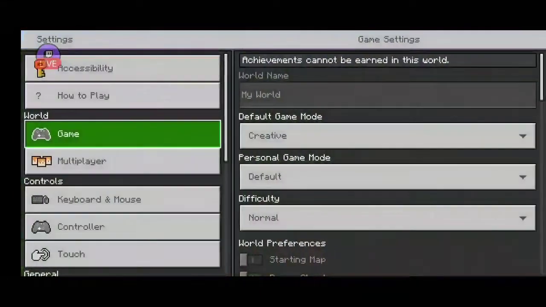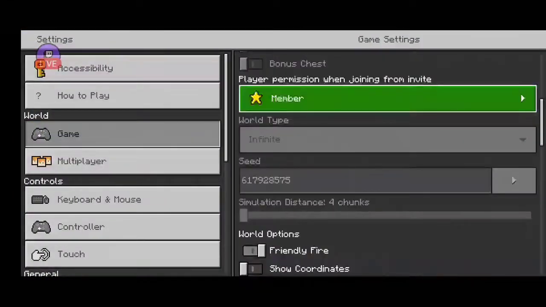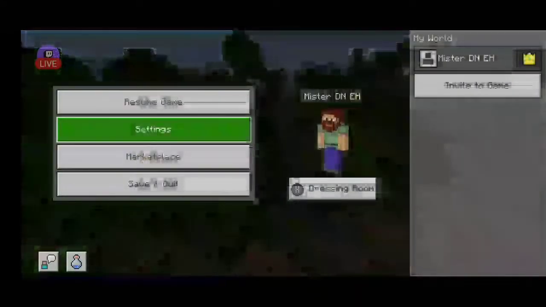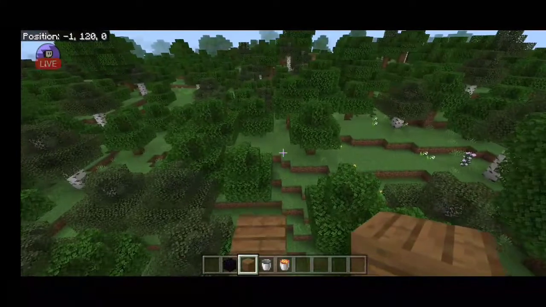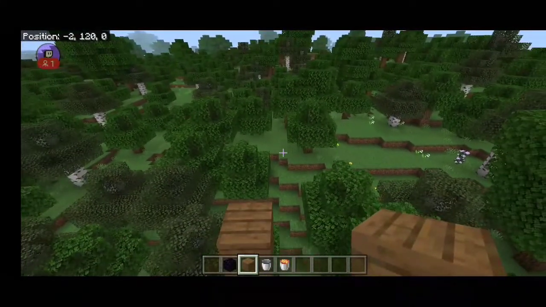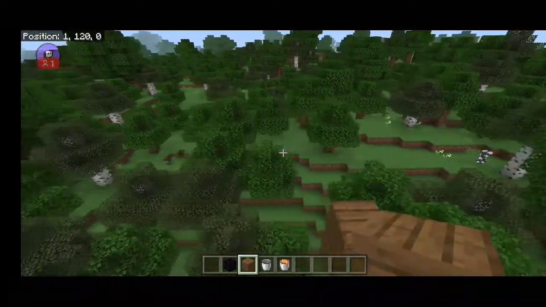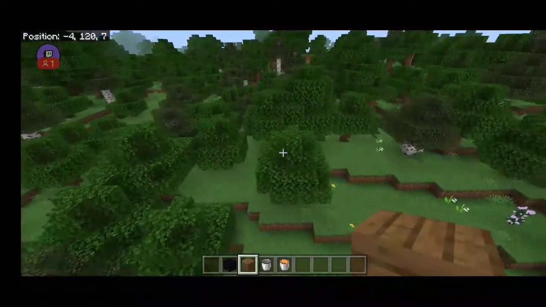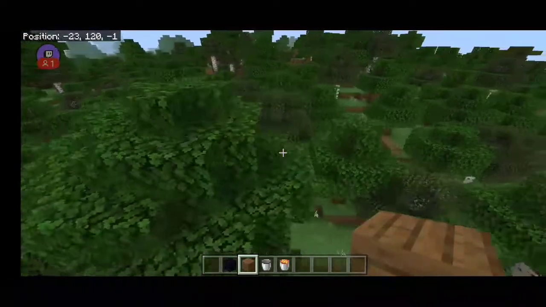So I'm going to enable, where is it? Show coordinates firstly, so that we can see our coordinates. I guess our coordinates are 0 and 0, so that's pretty simple. But if your coordinates, let's say, were